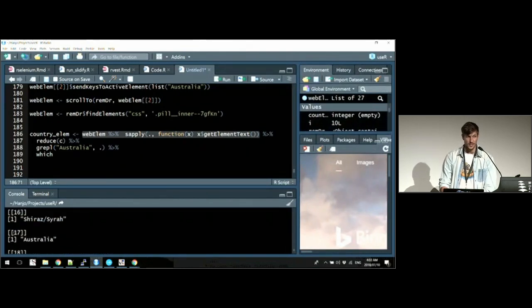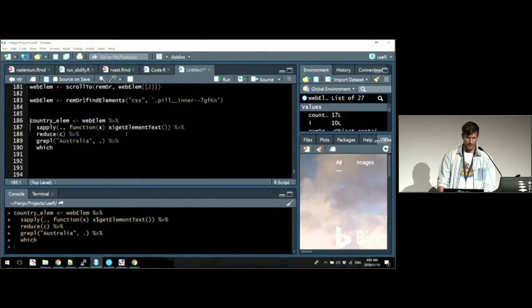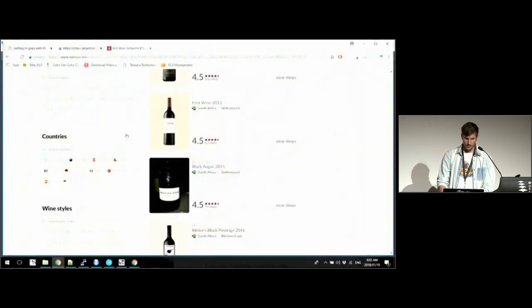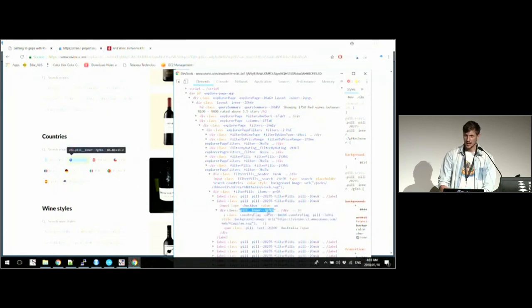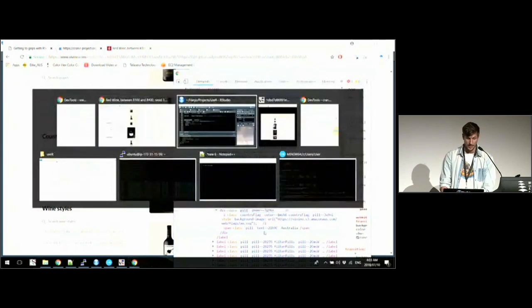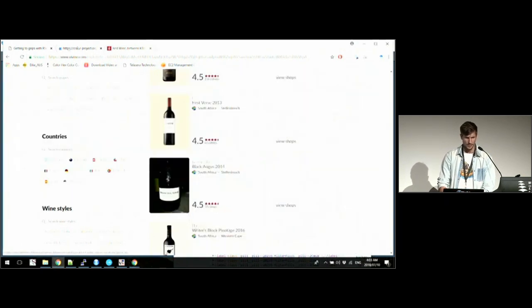It's 17, so this is web element 17. We're going to pipe this into this sapply, get the country element, and then we know that of all the items on this page with this pull inner 7GKFN, there's 17 of them, but we've identified that number 17 is the Australian one, and that's the one we want. So we're going to go back,